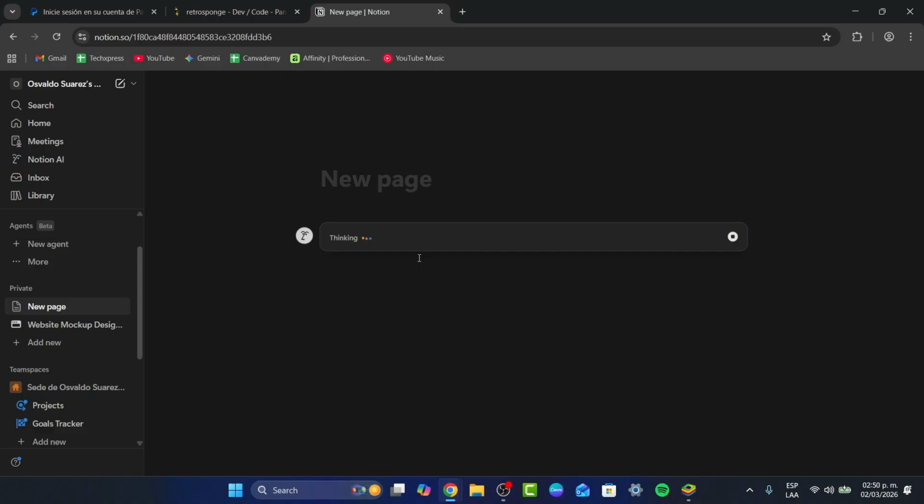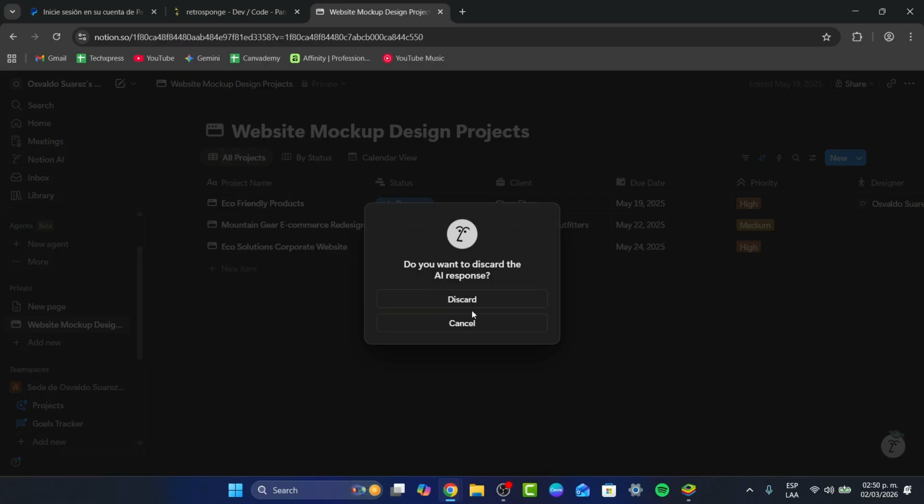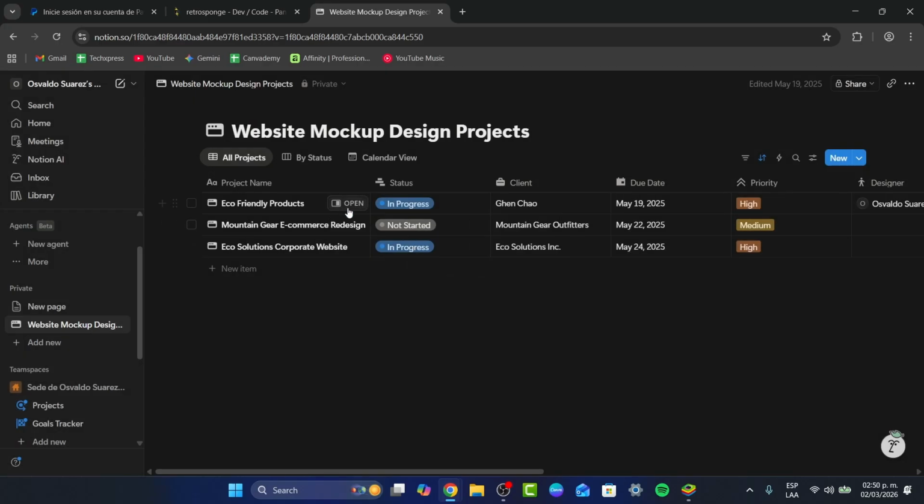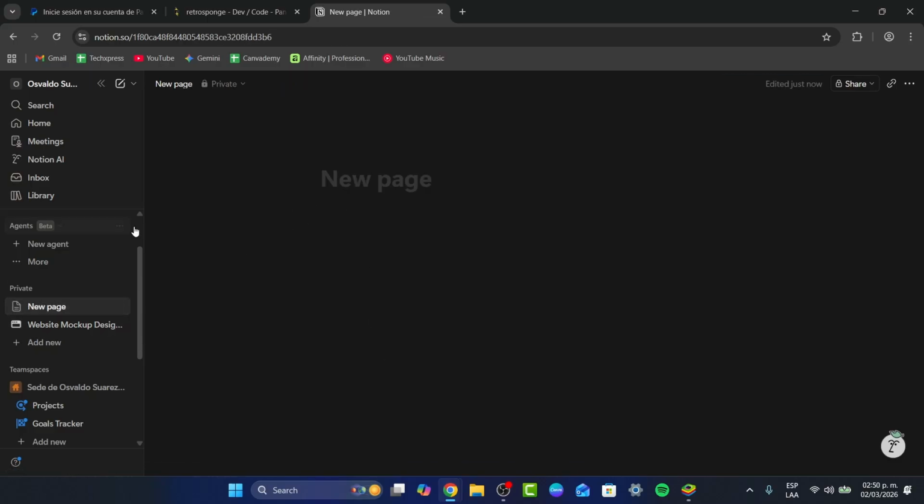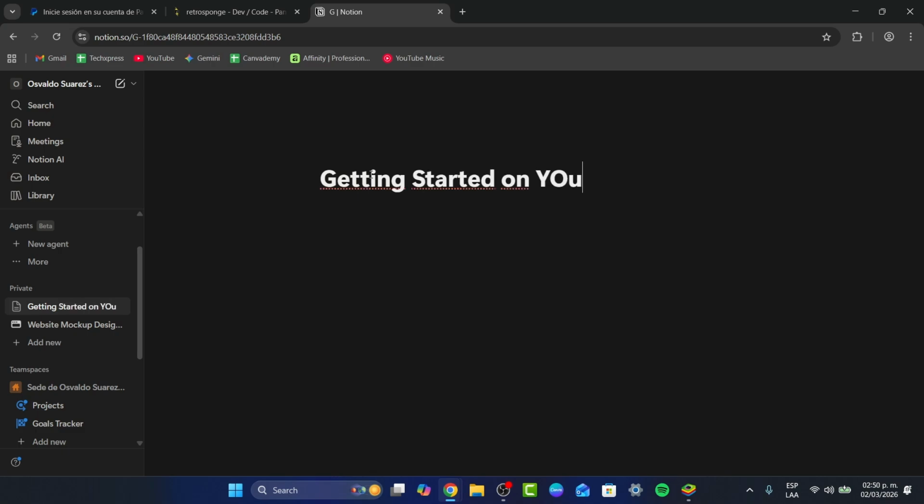Nowadays, Notion has a small guide that snaps your layout into professional grids automatically, so you don't have to do so much of that yourself. What I'm going to do here is focus, for example, on a private element that I have just edited. When I select one item, I can change it automatically and move from one to another. So for example, getting started on YouTube,